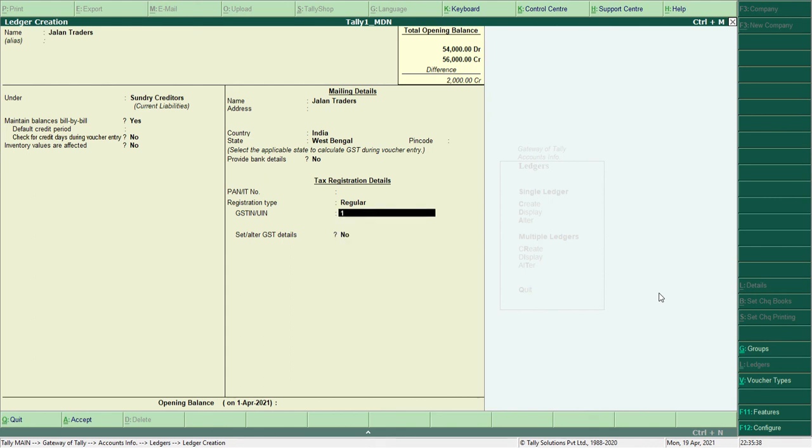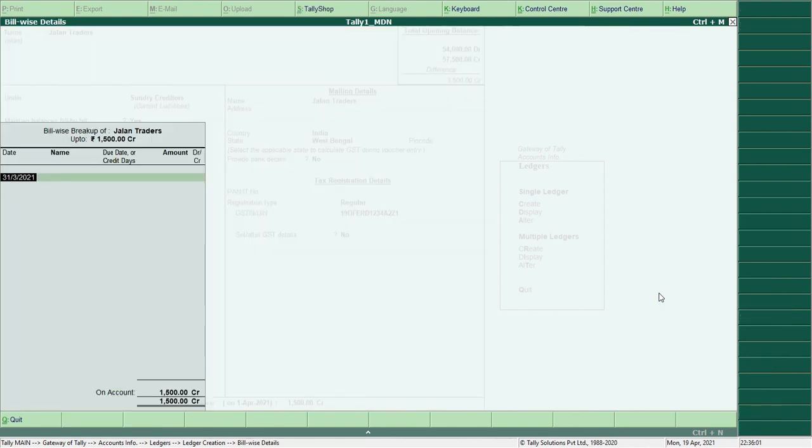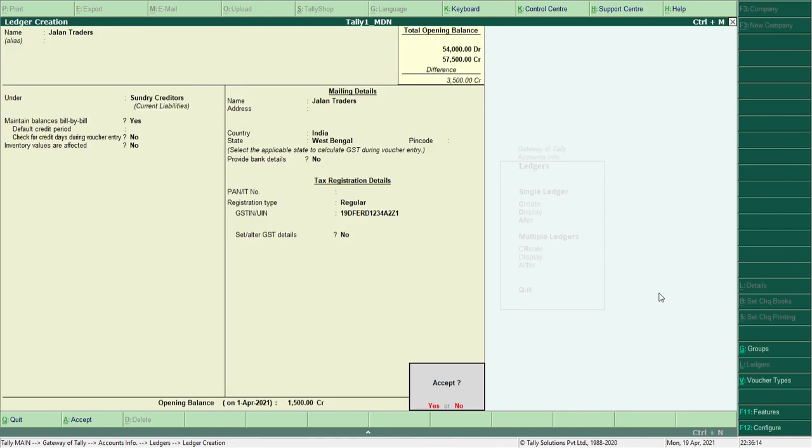Anyway, let me put some GSTN number. So Jalan Traders has one amount and that is the total amount, so I will fill it up here. Nothing to enter here, only the bill details I will enter. So no other bill breakup, so that is what we accepted.